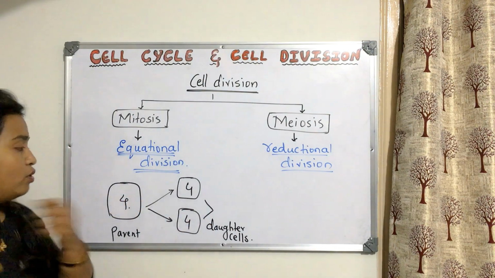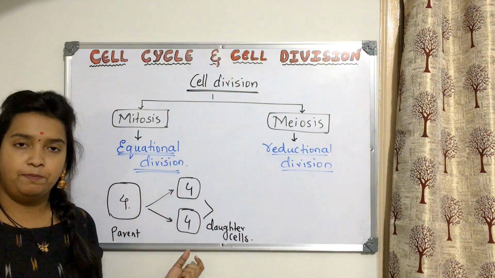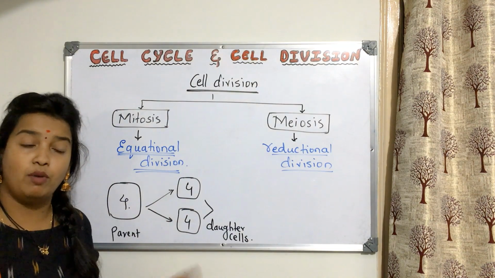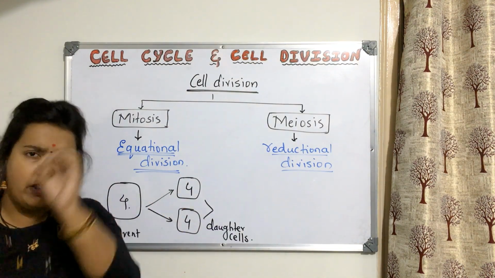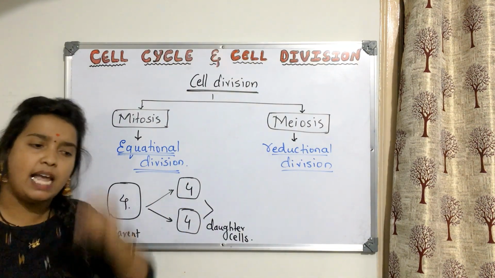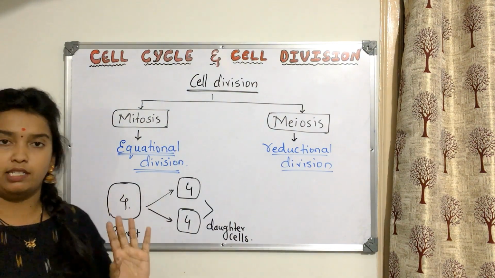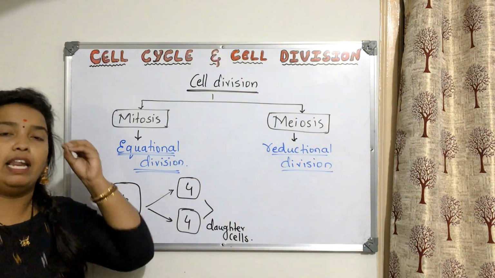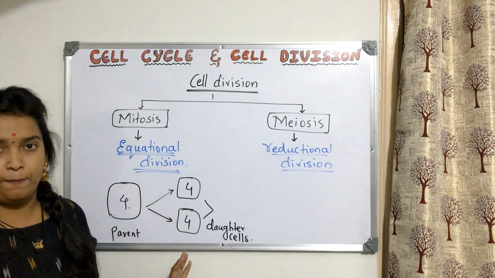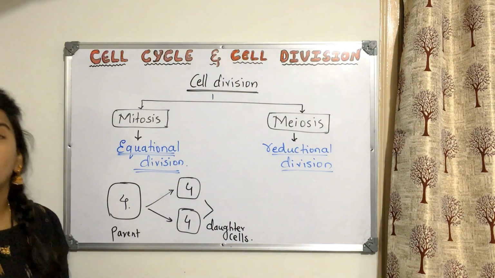This is clear. So many will have this confusion, so I am telling you. Once the cell divides, it forms 2 cells. And what is the number of chromosomes? It will be equal. Whatever the number of chromosomes in the parent cell, the same number is found in the daughter cells. This you should keep in mind. This is very crude knowledge about mitosis. Now what is the case in meiosis?